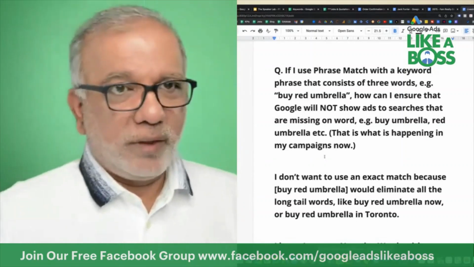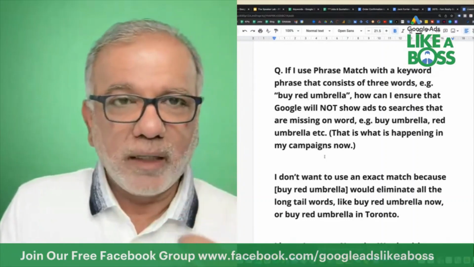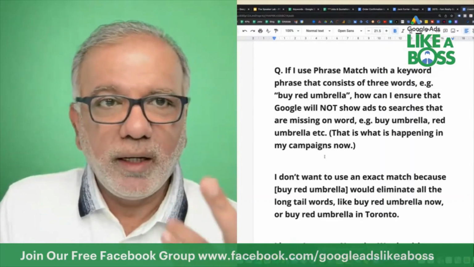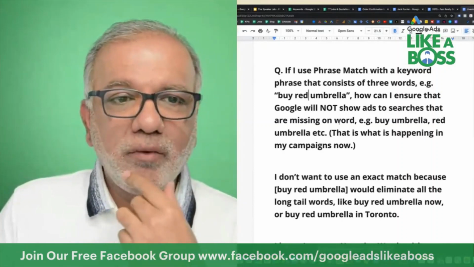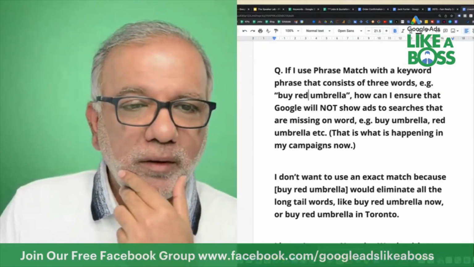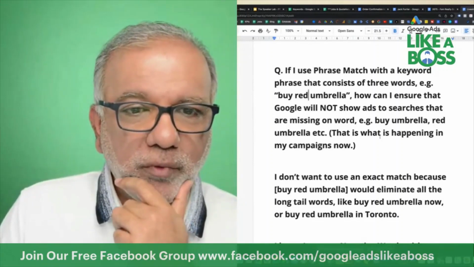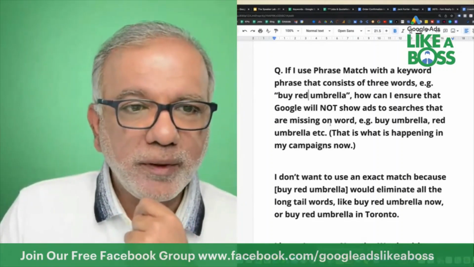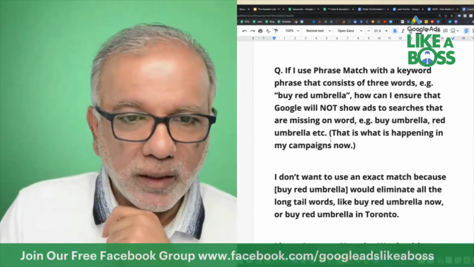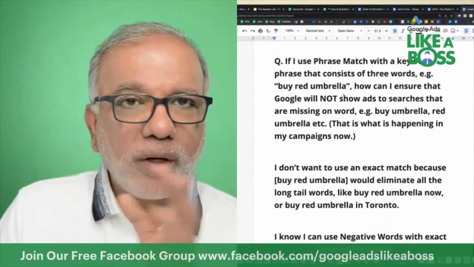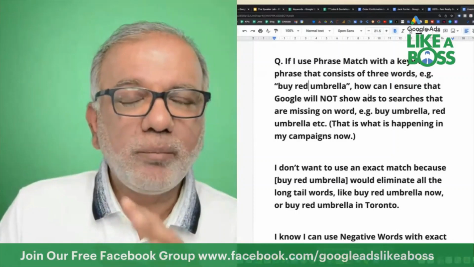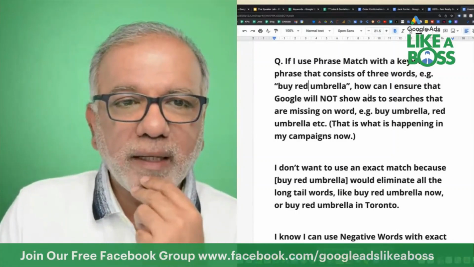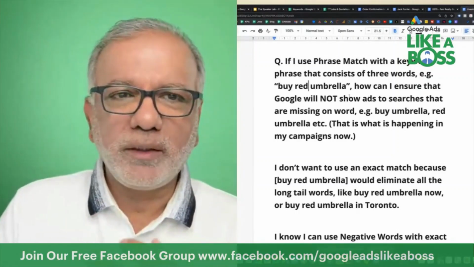You can use negative keywords at 3 levels: ad group level, campaign level, and account level negatives. In this case, I would use it at ad group level. And then if you don't want your ads to be triggered by something like buy red umbrella in Toronto, then you will put that as a negative. But I wouldn't do that because then you are reducing